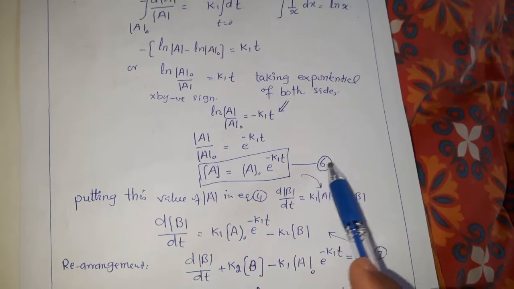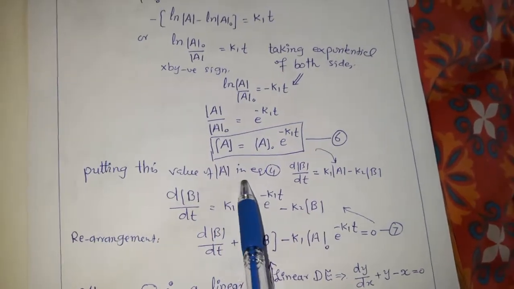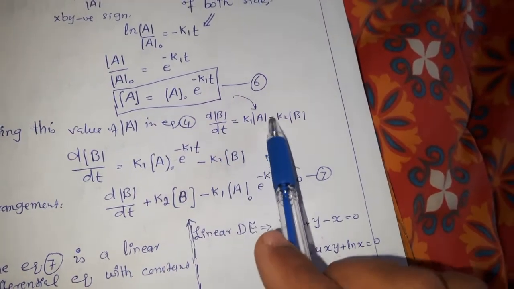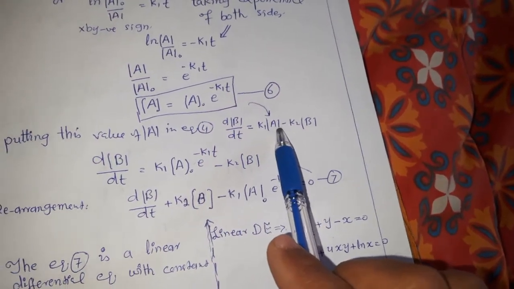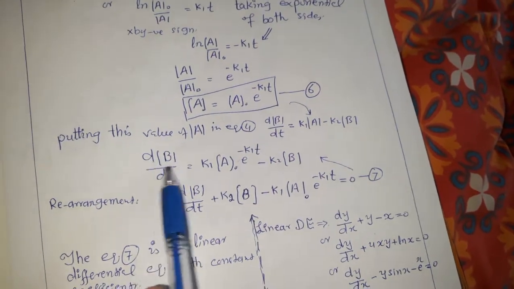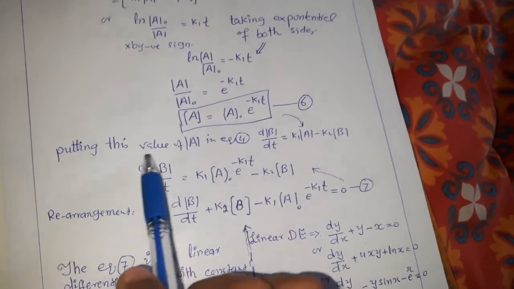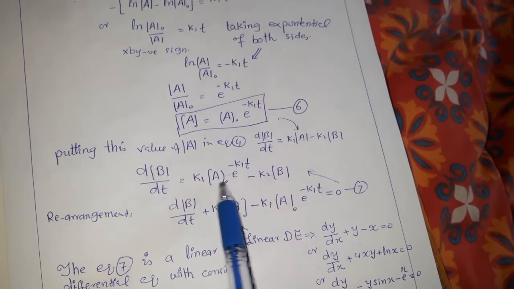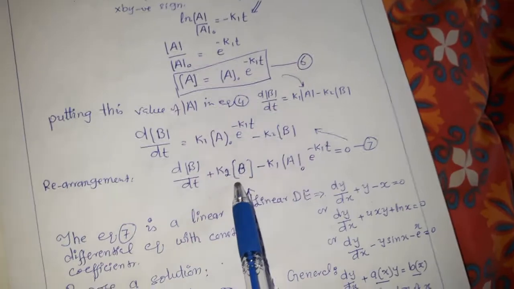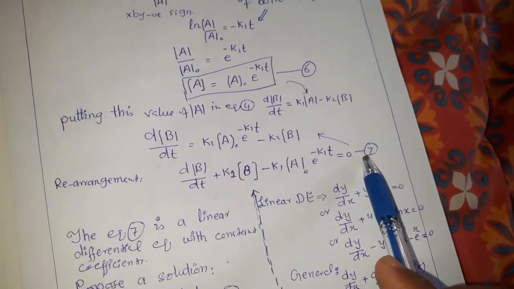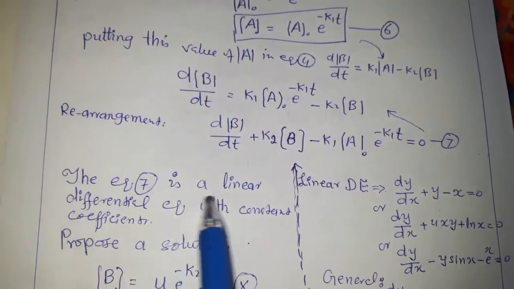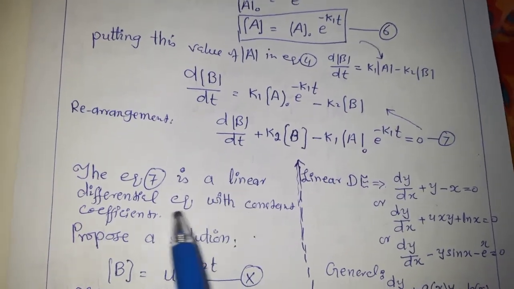So this is equation 6. Putting this value from equation 6 into equation 4, where we put the concentration of A at any time, we get the differential equation, and now we have to solve for the concentration of B, the intermediate. After just putting the value, we will solve this. After rearranging this equation, we got equation 7, and this equation 7 is actually a linear differential equation with constant